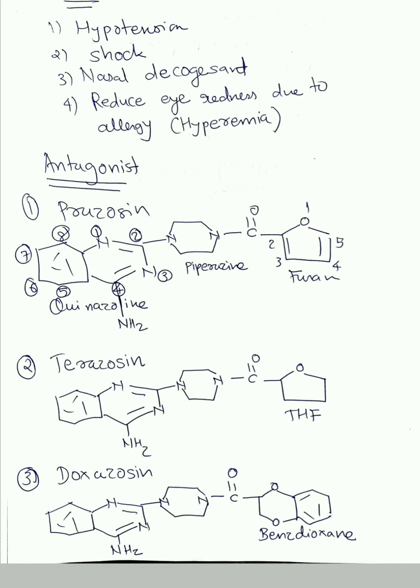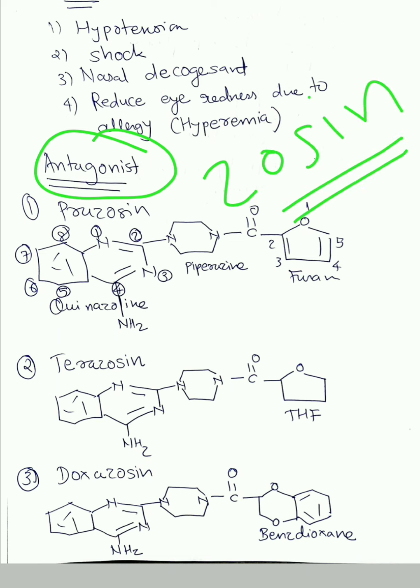Okay, last time we saw the type of receptor, that is GPCR, the transduction mechanism, the IP3 DAG phospholipase C pathway. We have seen the agonist, the zoline series, and uses. Now we will see the antagonist and its uses. The antagonist series is Zosin. Earlier it was zoline, now it is zosin. So let's see it quickly.